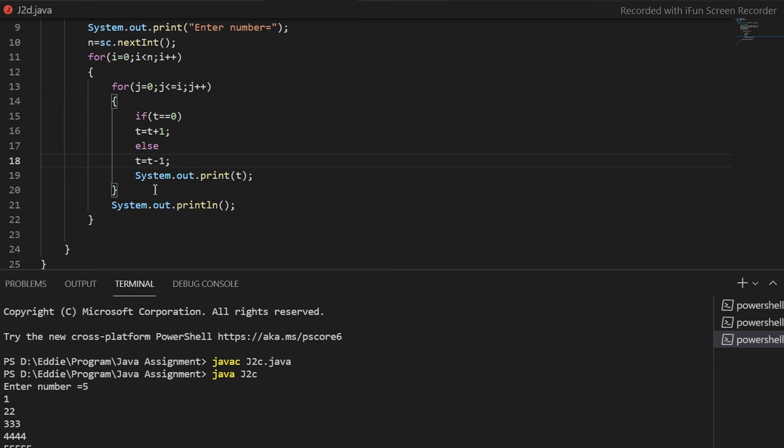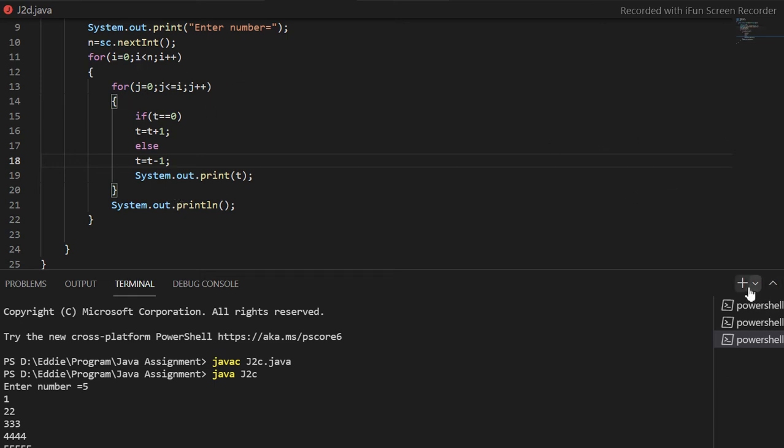So it will happen alternately. First time it will be printing 1, then t value is 1, so you'll find it will not increment but decrement by 1, it will become 0 again, so 0 will be printed, and the line will be changed after the printing of each row.